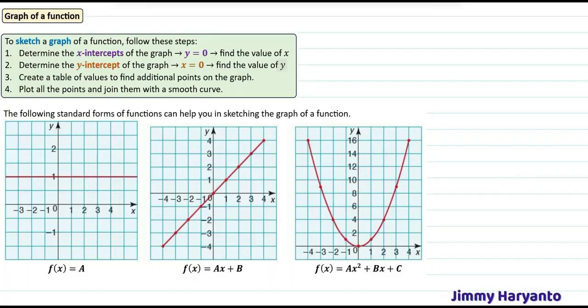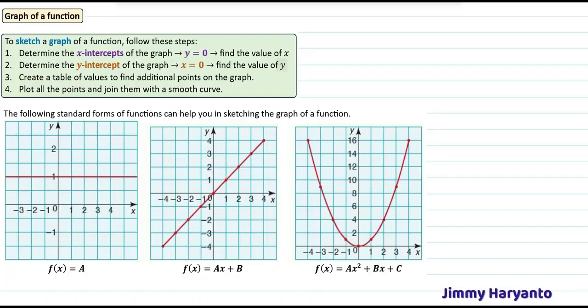First I will show you the shape of f(x) equals a number, only a number without x. It will be a horizontal line, depending on the number. For this one, the function is f(x) equals 1, because it is attached to y equals 1. Then for this one, ax plus b, we have x to the power of 1. That means the shape of the graph will be a straight line. The straight line can be like this or like that, depending on the values of a and b.